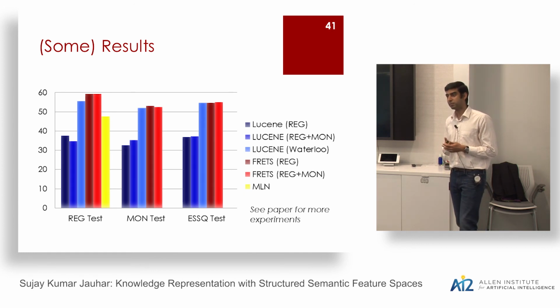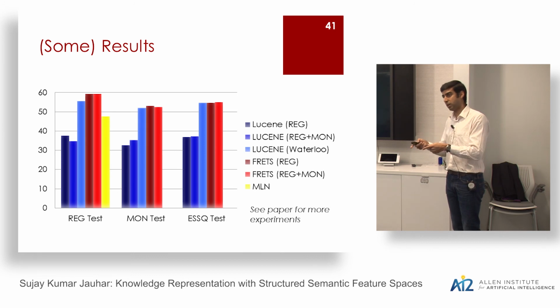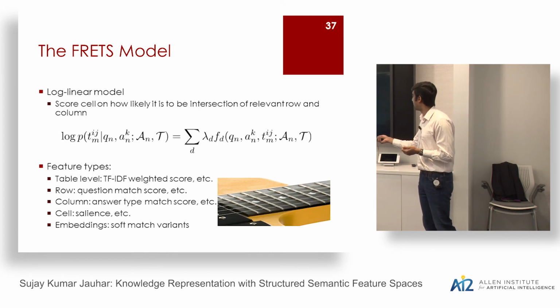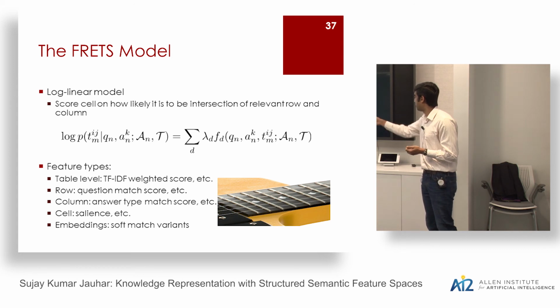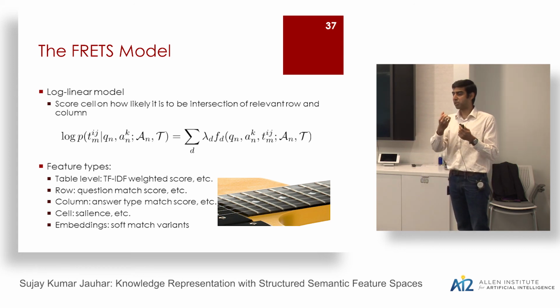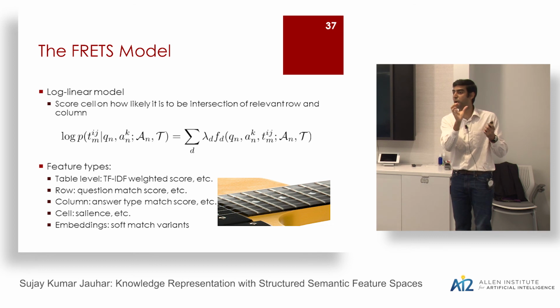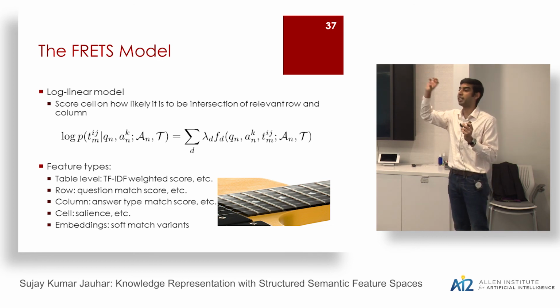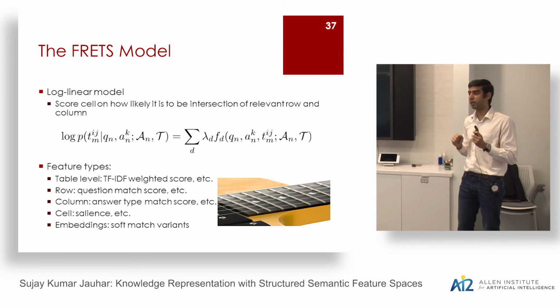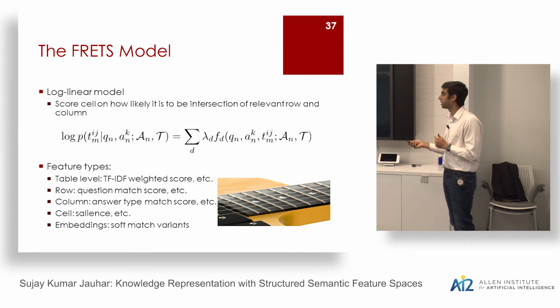If I understood your answer to my previous question correctly, you're not relying a lot on the column structure, you're relying more on the rows being grouped together? That's not entirely true. To align the question, we use the row information more because that's how the questions were created. But for the multiple choices, to align those, we do use the column information. So we have a bunch of features dealing with columns. We extract things from the question, such as what is the expected answer type. So for "what form of energy", we have "form of energy" extracted as a phrase, and we try to align that to a header of a particular column. Those are the kinds of things we use in column alignment.